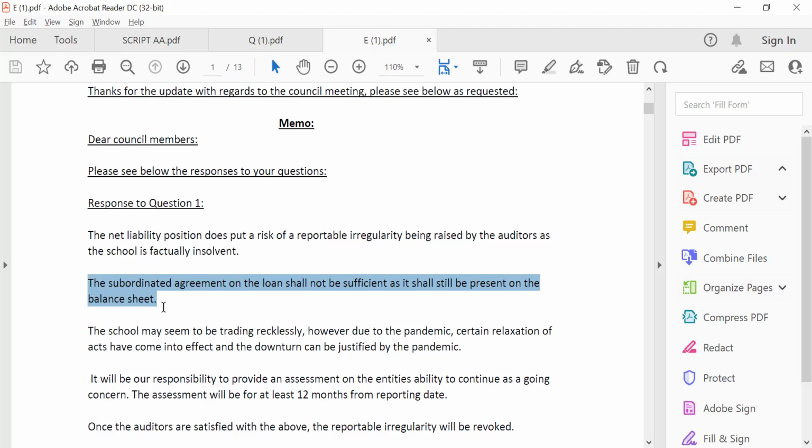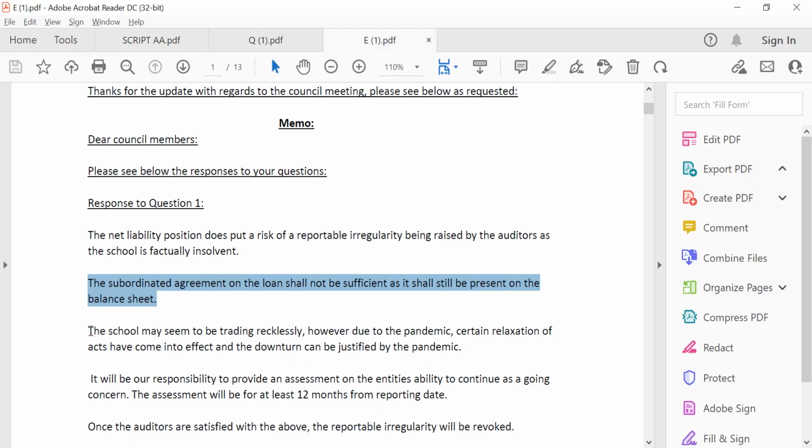The subordination agreement also shows that for Section 128 financial distress, the entity is commercially solvent because the loan is being subordinated. It means that the Midrand school will be able to pay all its other creditors, because there is no expected repayment from the subordination agreement for a certain period of time. So the subordination agreement will still be on the balance sheet, we agree. But for the purpose of question 1, the subordination agreement shows that there is no unlawful act because the entity is not trading recklessly as a result of having obtained the subordination agreement, and the entity is also not in financial distress. Okay, so the candidate has not used the subordination agreement in the right context for the purpose of